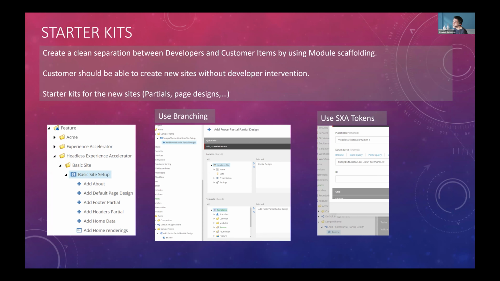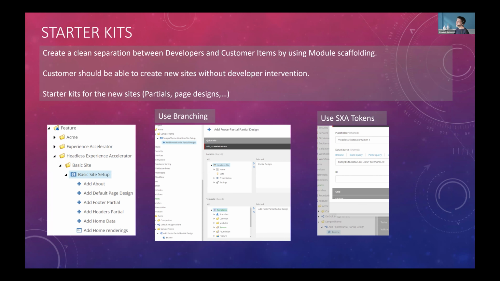We are familiar with how the modular scaffolding works in the SXA. One issue is you have a scaffolding for the modules.